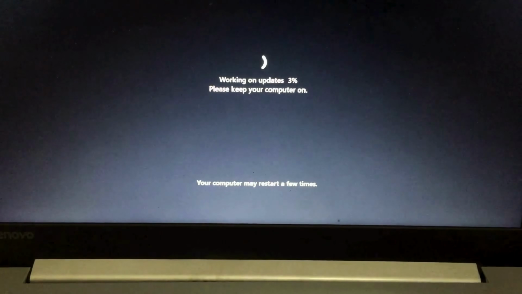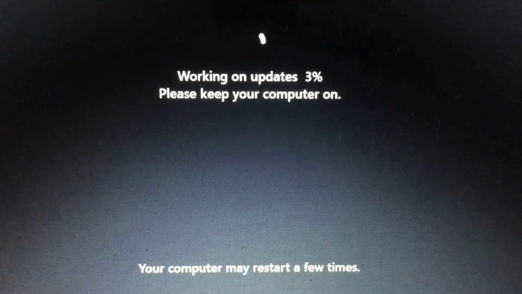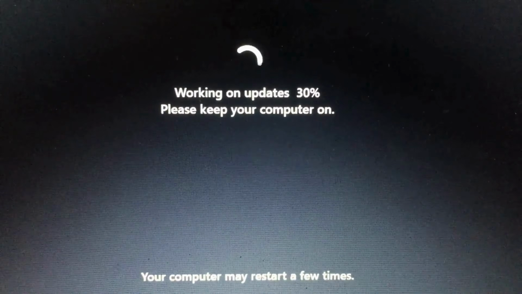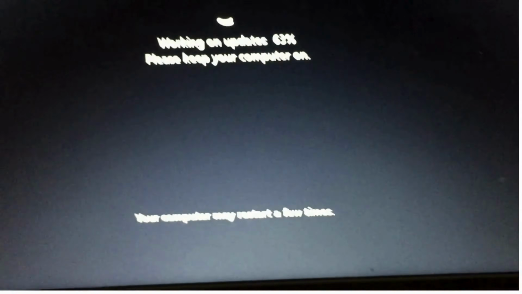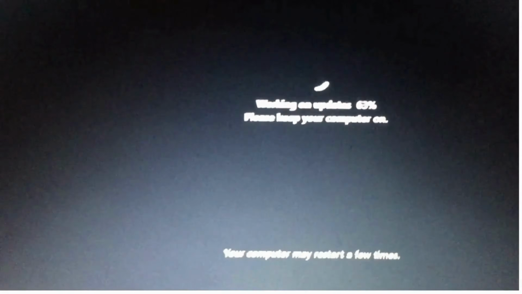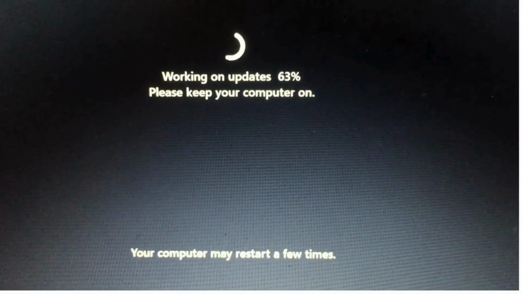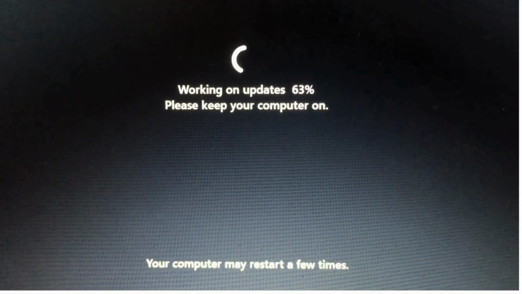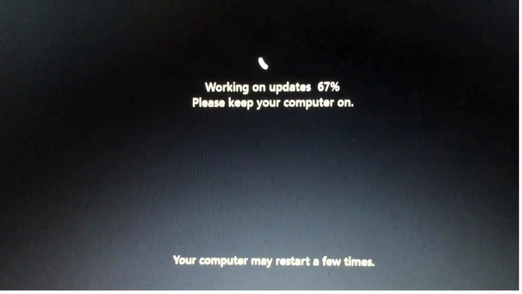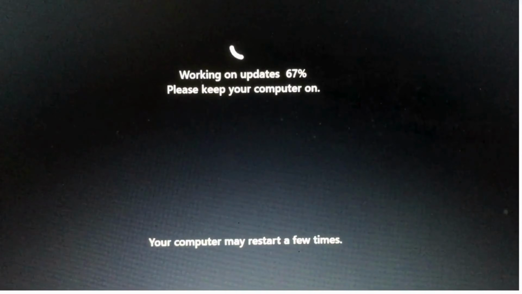Make sure you keep your computer or laptop turned on, else if this update is not properly updated, it is not going to install Windows 11. It will revert back to Windows 10. So here you should plug in your power supply. If you are using your laptop, make sure it's connected with the power cord properly so that the battery doesn't get drained out. Okay, now next it will restart several times, so you don't need to worry,